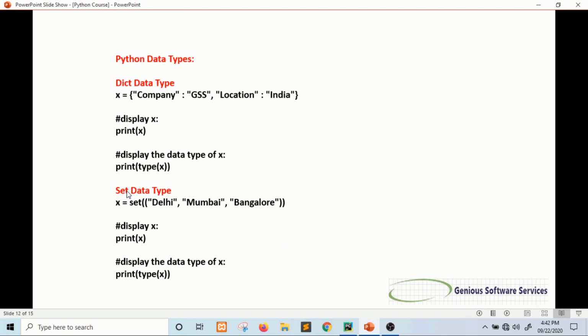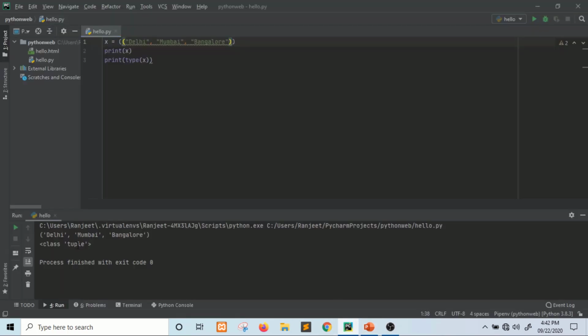I think it should be changed. It is wrongly printed here. It is a tuple data type, right? You can see here. So it is a tuple data type.